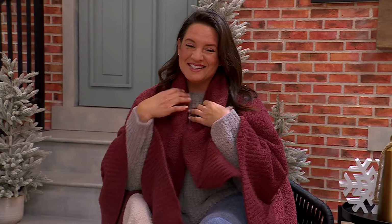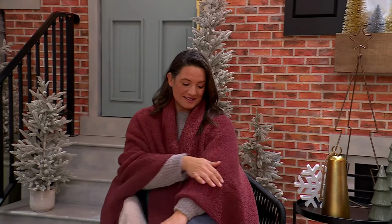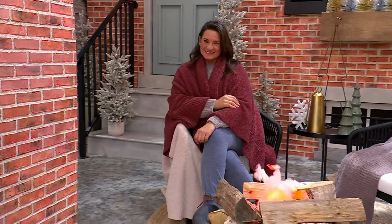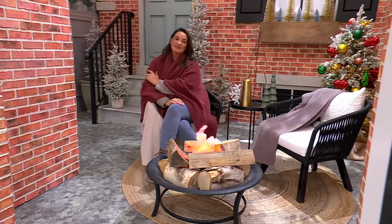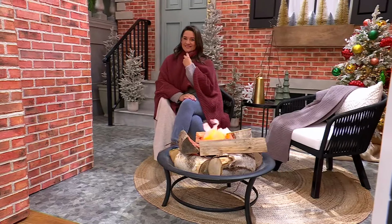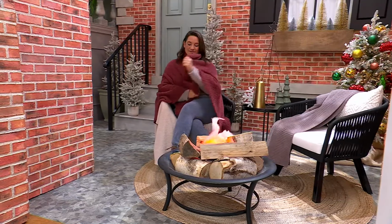Look at Adrian over there in that exclusive color to QVC, dark sienna. And because it is washable, bring it outside. Go caroling, wear it to the games. But when you finally sit down for the night after a long day of activity, make sure it's on the back of the sofa or your favorite chair or the end of the bed. But here's what's going on. A $168 blanket is nowhere near that price today. It is $60 at QVC only, and now over 55,000 orders placed on the day, over 5,500 in the show,